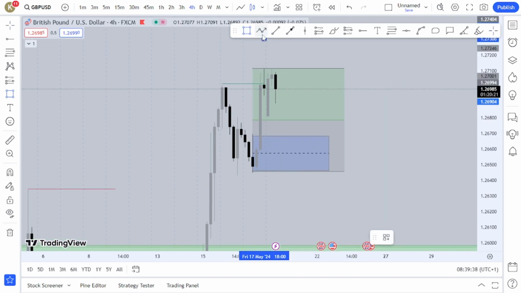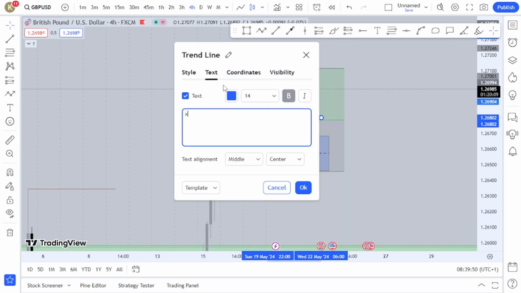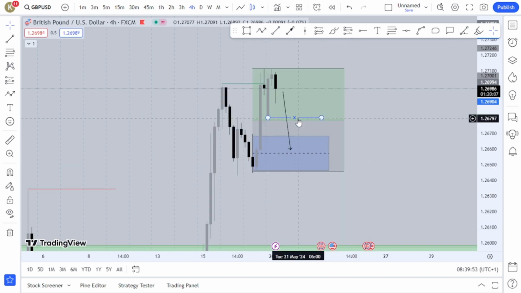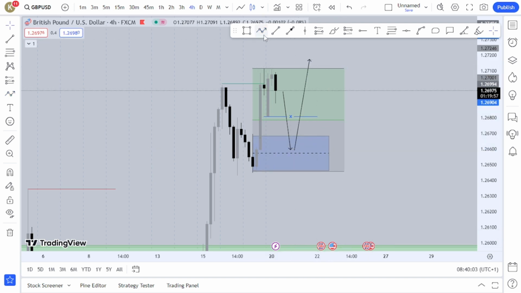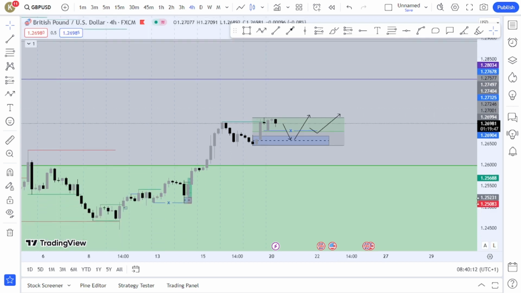So if price happens to retrace back to this demand zone, or price happens to run this stuff I call sell side liquidity here, market X, if price happens to do that, that's very lovely. Price drops in, and as it runs this place, it enters this discount level, that'll be fine. Take things higher. Okay, that's the second idea. That's what I see for GBP USD, and it might happen, it might not happen, but I'm very bullish on